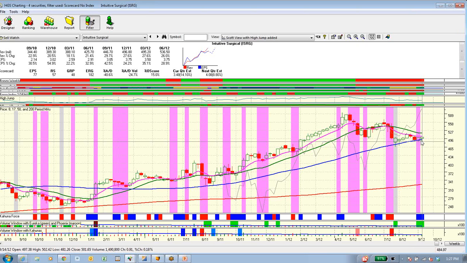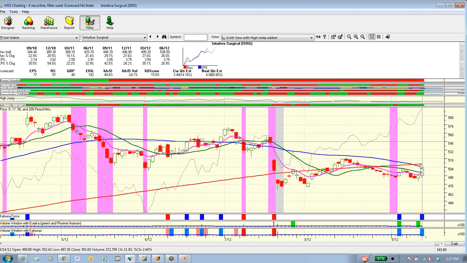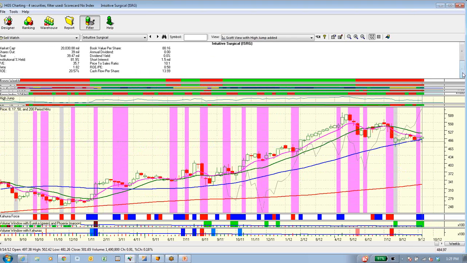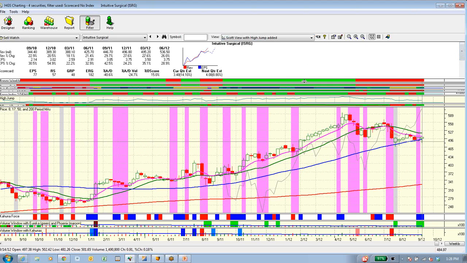If it breaks down below this blue 50-week, which corresponds closely to its 200-day moving average. But if this market rolls, here's a stock that has a growth rate that's clearly slowing down, a PE that's much higher than its growth rate, 35 versus 14 versus 8. And if it breaks this line here, I know where to put my stop, it could fall a long ways.